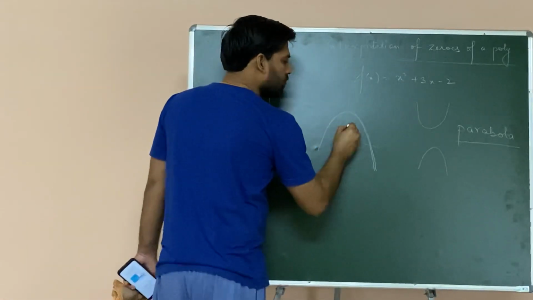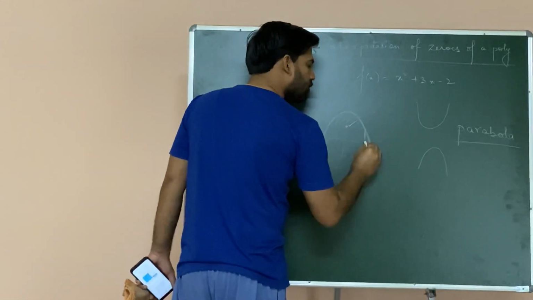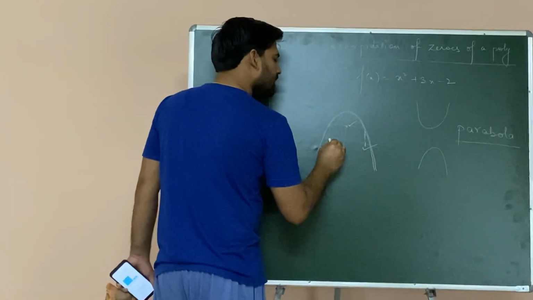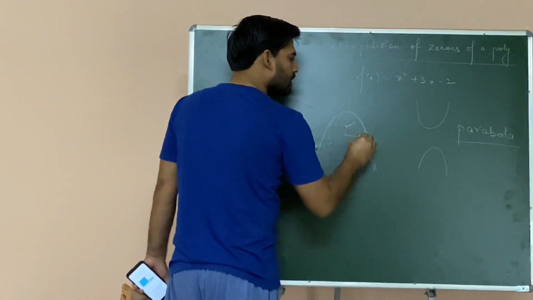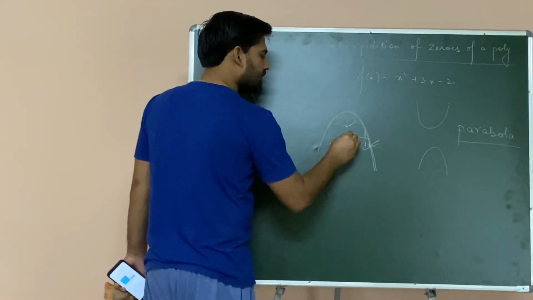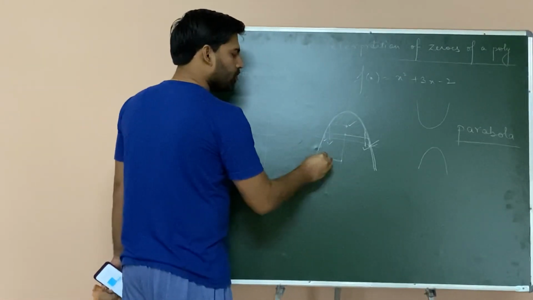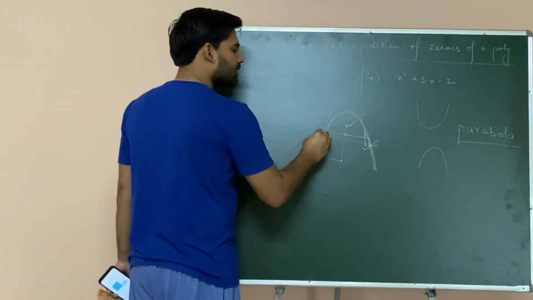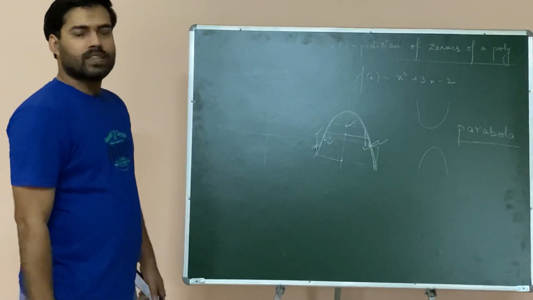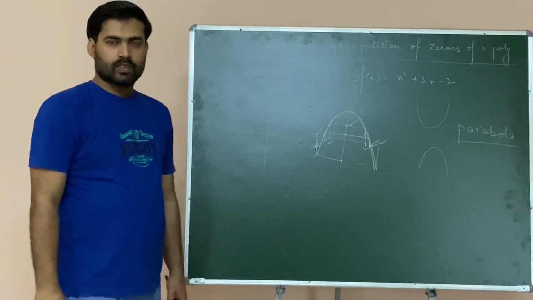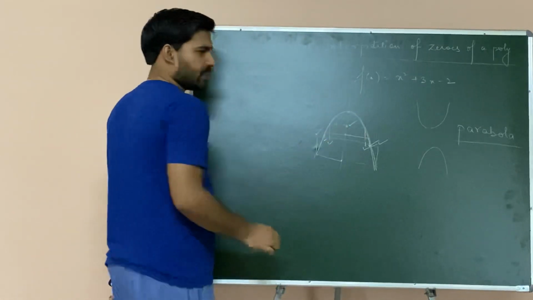Say for example, this is one value of y. So for this y, you are having this value of x and simultaneously this value of x. Say if you are taking this y, so here you will get this x and simultaneously you will get this x. So for every value of y, there are two values of x. Fine. You can point out, so what about this point? For this y, we are having only one x.